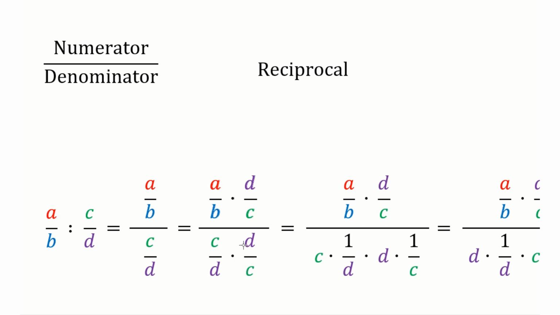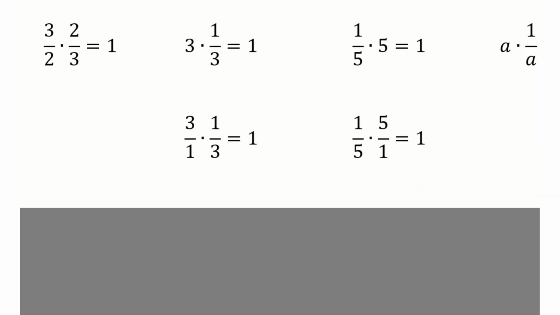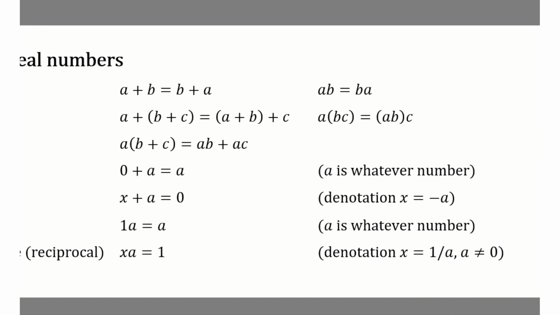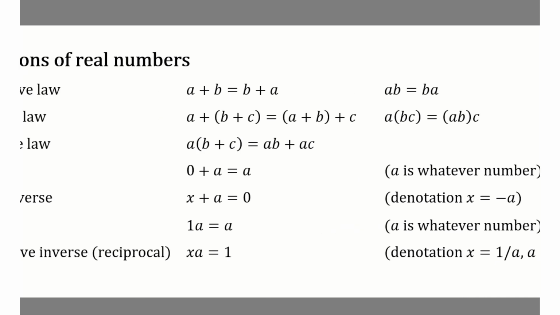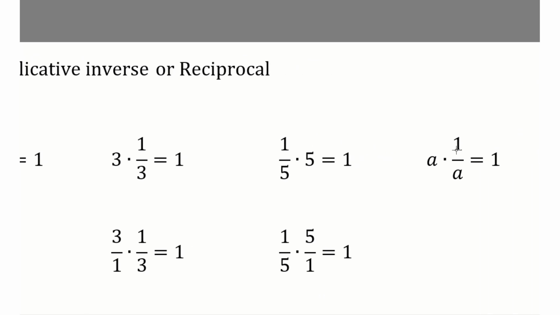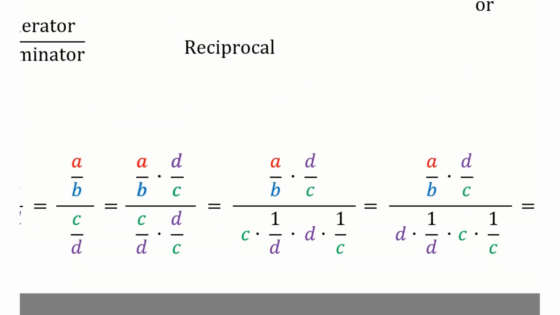and since we have this rule, here are some of the rules. Since we have this rule of multiplicative inverse, the reciprocal rule, which basically just means the same as this, which means that if you multiply a number with its reciprocal number, you get 1. Alright, so back here,